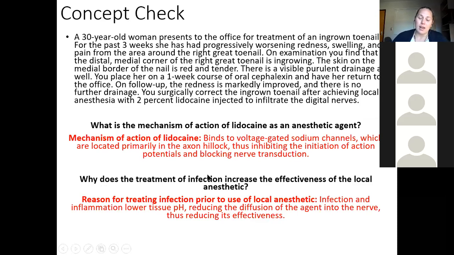So exactly, Sydney. I think the loosening of the gap junctions will definitely affect the way the drug diffuses. But in terms of actually gaining access to the cells, I think this alteration in pH is going to have a more direct effect at those sodium channels. And again, that goes back to something that we talked about at the beginning of class today.